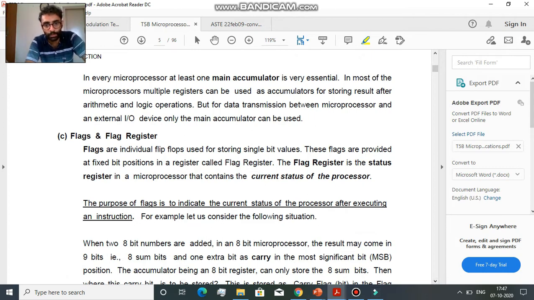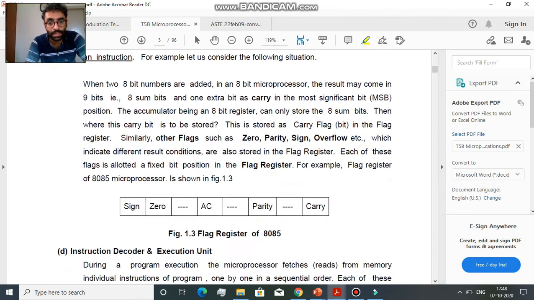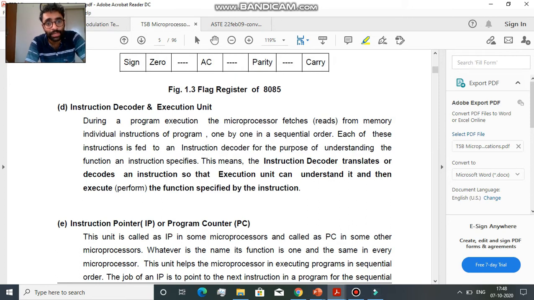Flags are individual flip-flops used for storing bit values. These flags are provided at fixed bit positions in a register called the flag register. So what is a flag register? The flag register is the status register in a microprocessor that contains the current status of the processor. This is an important thing that you should note. You don't need to remember the whole description. Then you have the instruction